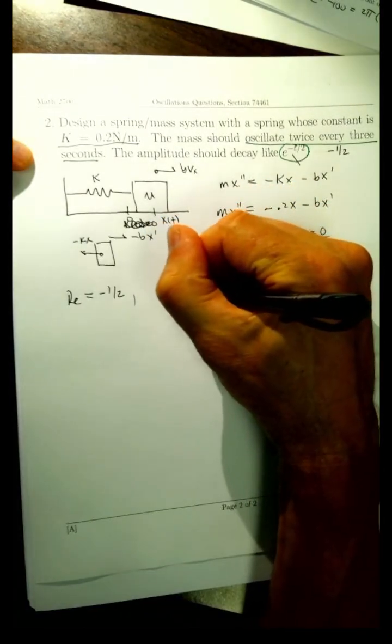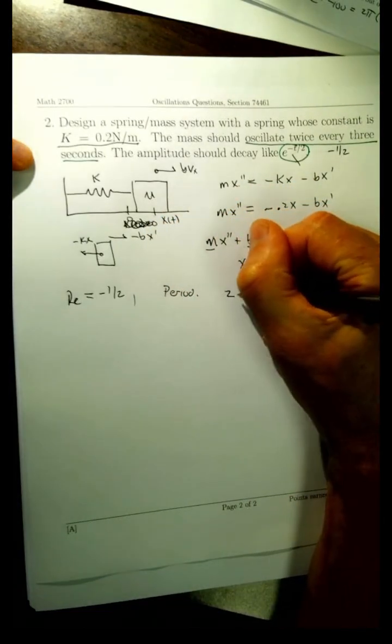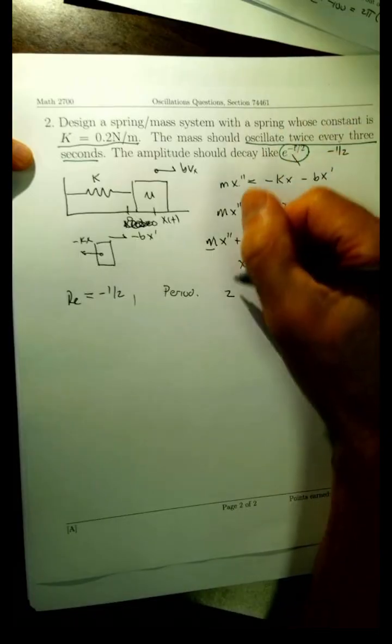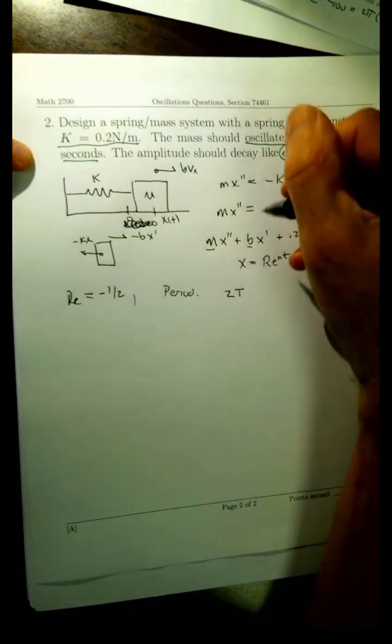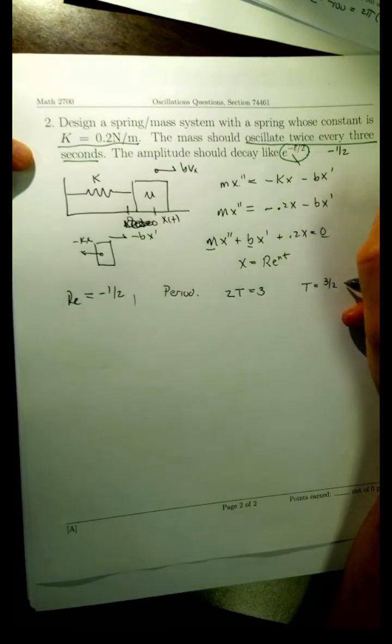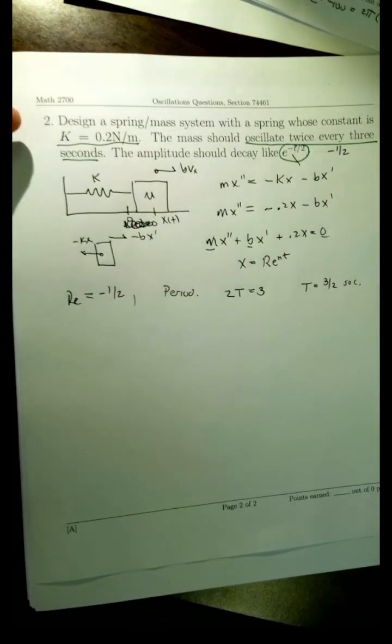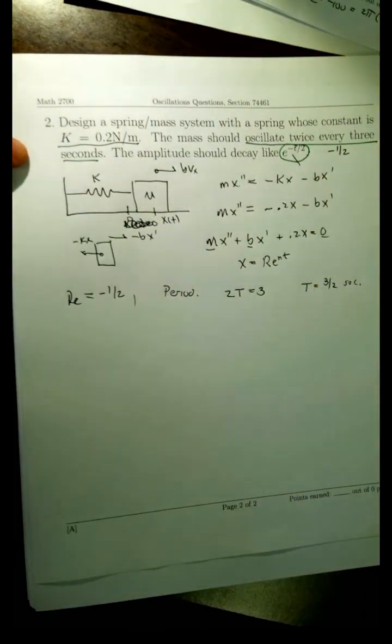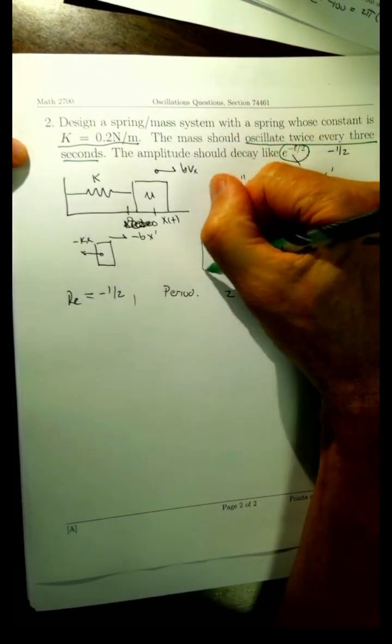And for the period, I'm going to have 2 oscillations, so 2 periods is going to add up to 3 seconds. So the period is 3/2 of a second. So coming back to here,